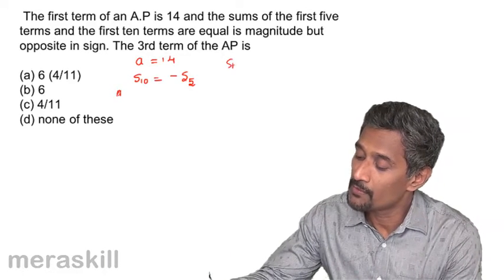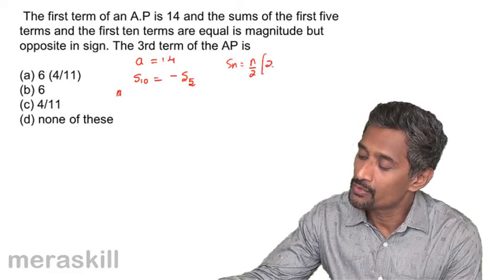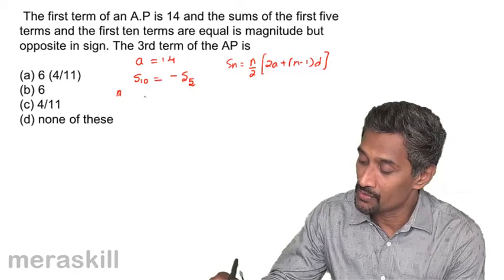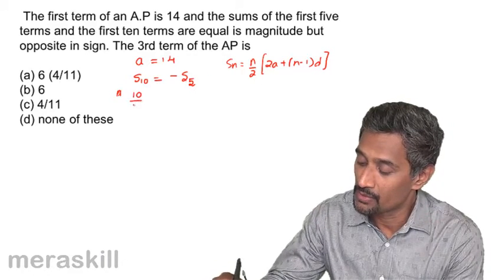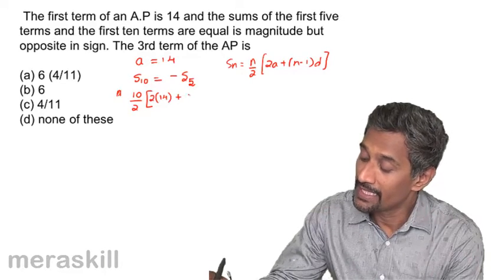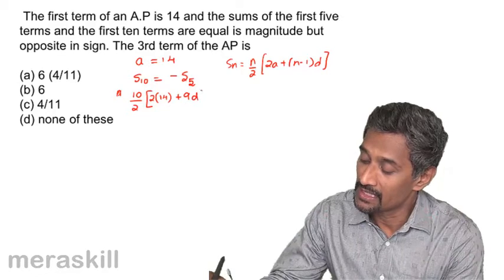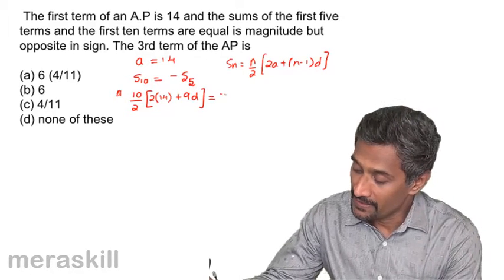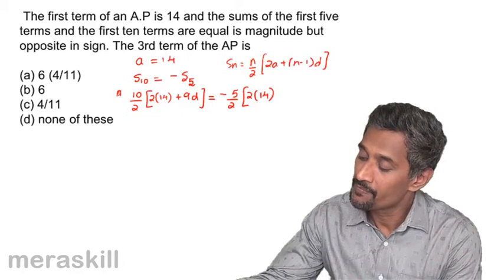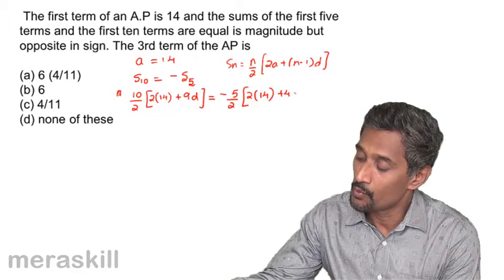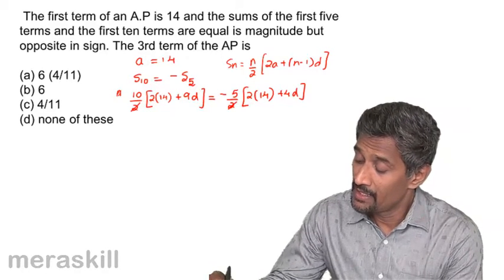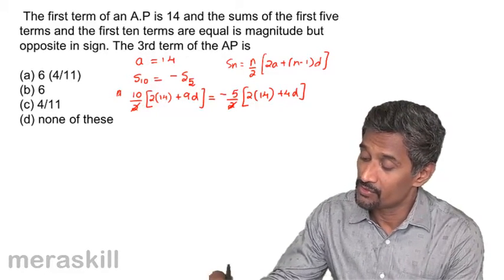So the Sn formula, of course, is n by 2 into 2a plus n minus 1 into d. So S10, where n is 10, is 10 by 2 into 2a, that is 2 into 14 plus 10 minus 1, that is 9d, is equal to minus S5, that is minus 5 by 2 into 2a again, 2 into 14 plus 5 minus 1, that is 4d. This of course gets cancelled,